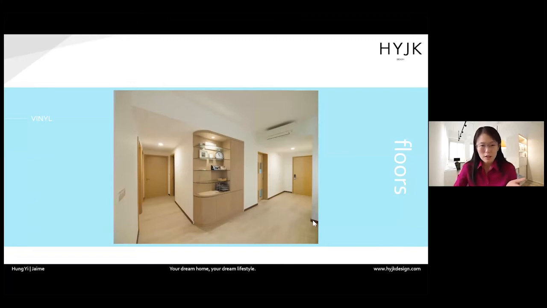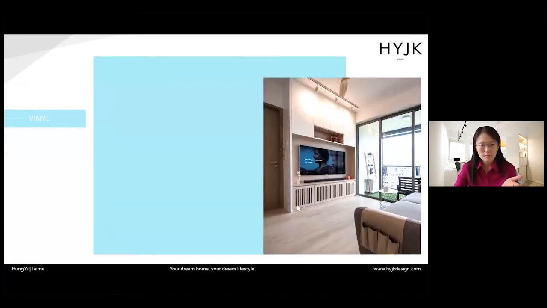For vinyl floors there's a very big price range, from 3 something, 4 something PSF all the way up to 7, 8, 9, 10 PSF. The premium ones, 7 PSF and above, usually have very good properties, and there's a very big difference between the premium and the not so premium ones.